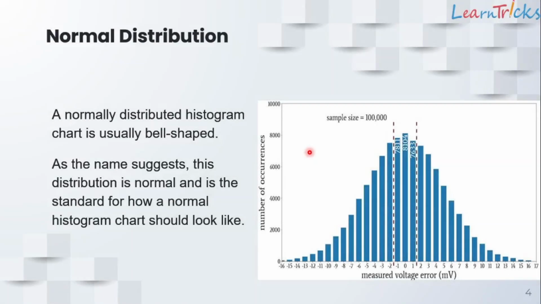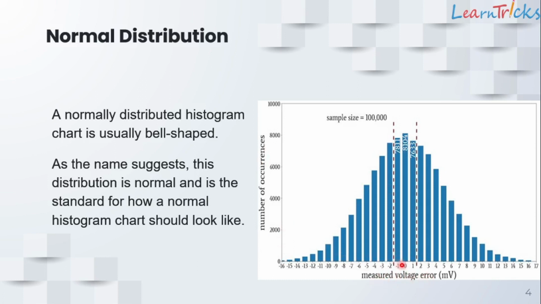Now we will see the next, that is the normal distribution histogram, or the histogram which shows the normal distribution. A normally distributed histogram is a chart, usually a bell-shaped chart, means the outline of that chart will have the shape of a bell. As the name suggests, this distribution is normal and is the standard for how a normal distribution chart should look like. Look at this chart, it is a measured voltage